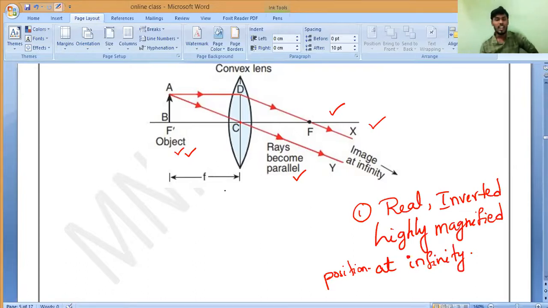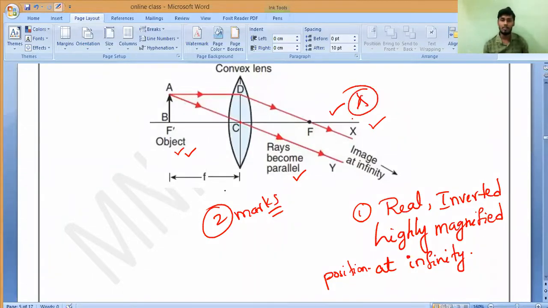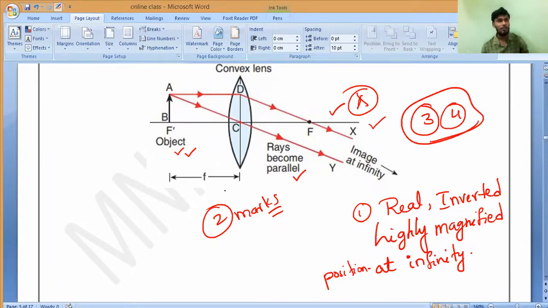That's all. Write it. No need for any other extra information. Characteristics means this alone you have to write. Hardly will this question come, and only for 2 marks at maximum. In 99% of cases, I am telling you, this case will never come in the exam. If they ask you to represent the ray diagram, the third case and fourth case alone they will ask you. It will always go in between. Rarely, they will ask you case number 1. So nothing more than this will they ask you.